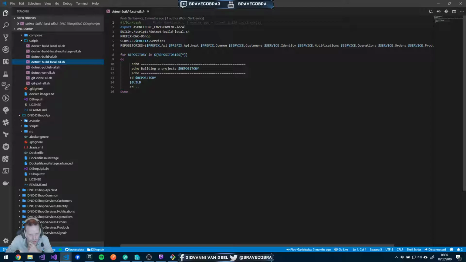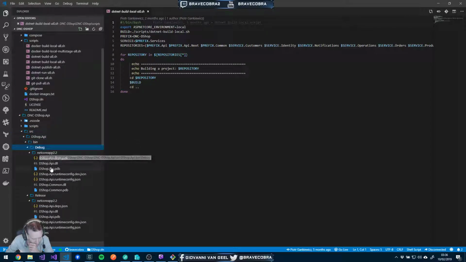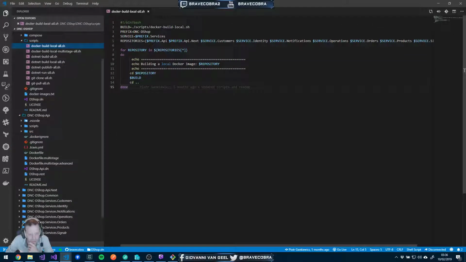The build worked. And it did build all of those, right? Because we do have a bin, local, release, etc. We have the output there. That seemed to work. The Docker one